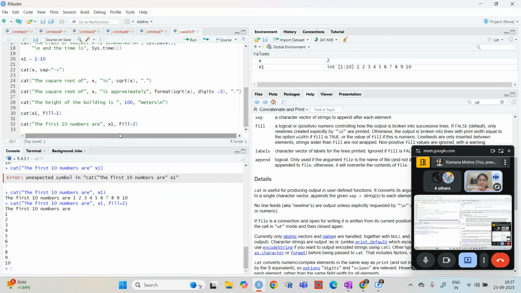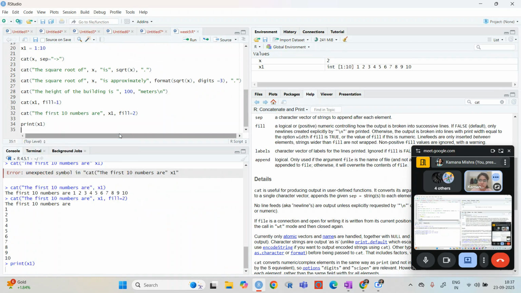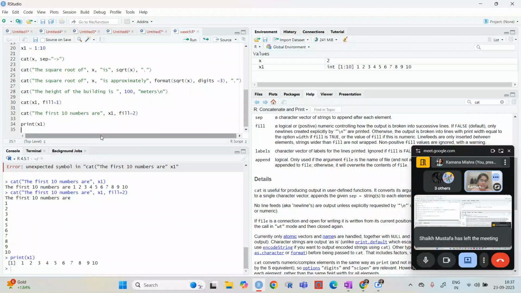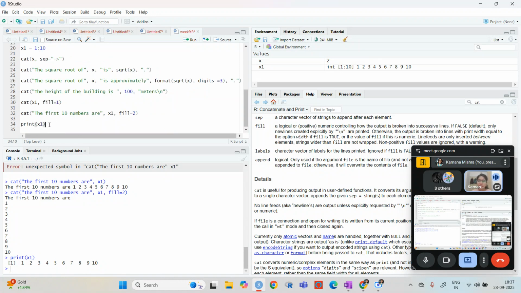We can print x1, right? We can print just directly "work is important". So basically we can print one kind. We can print a numeric, a vector, a character, a string, a list, a data frame, whatsoever is needed.